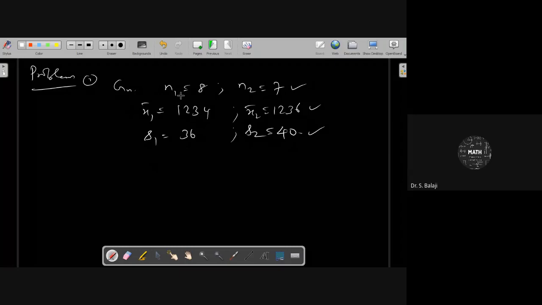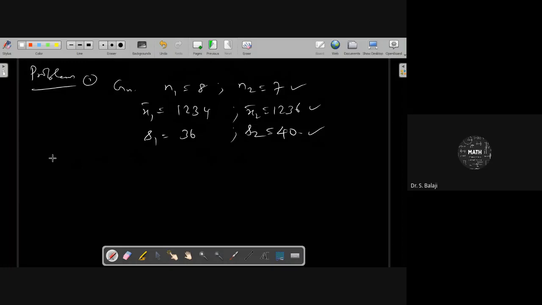These values are given, and also two sample means are given. Therefore you have to adopt the test of difference between two sample means, the second test here. Also the sample size is less than 30, and therefore we can use small sample. With two sample means, you can follow the t test here, and also since n1 is not equal to n2, you can follow the first case test statistic.